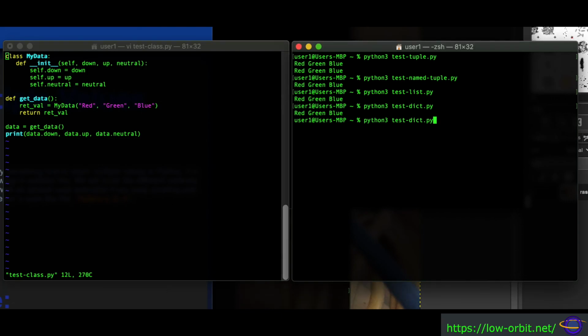Now let's give this a shot. We know it's going to work, but let's try it anyways. Let's see here. Test class. All right. Python 3 test class and red, green, blue. Exactly what we thought it would be. So moving along,